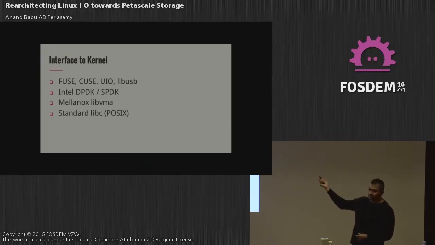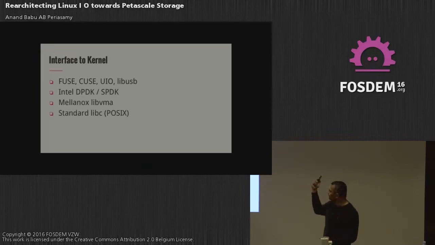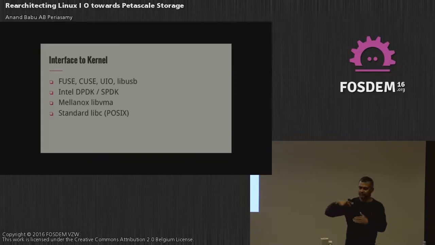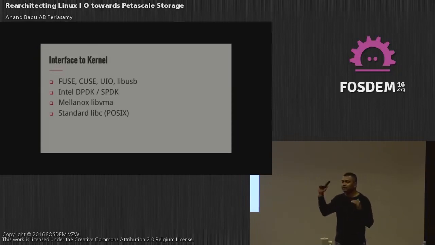The other ones I'll quickly skip through, like UIO, I don't know how to pronounce it. It's a character interface that allows you to do memory access, like you can map into a UIO device and access specific parts from user space. libUSB allows you to write user space code; pretty much you can access USB devices from user space. They're not so much useful for writing storage systems, but just to give you an idea that it is possible to implement even a USB stack in user space, right?